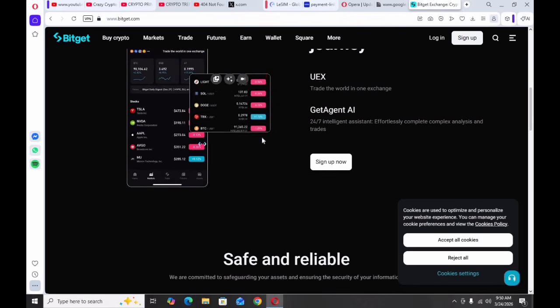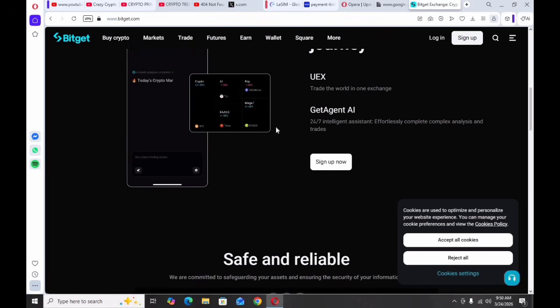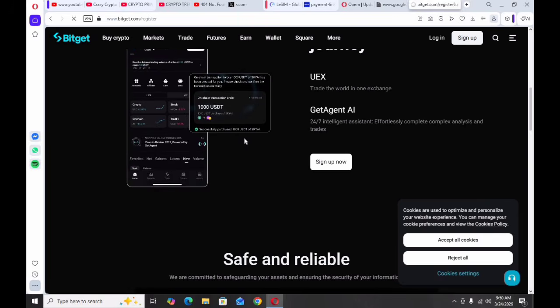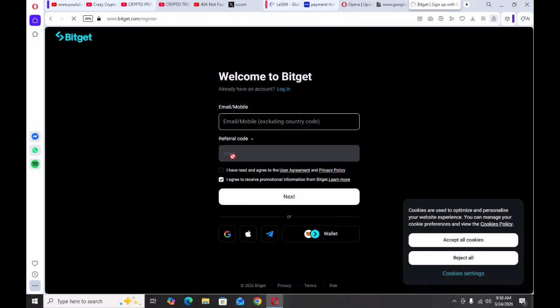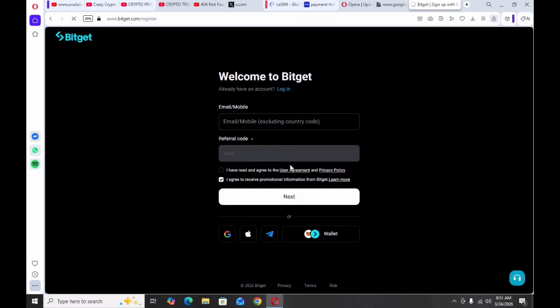Let's start with creating your account. First of all, go to the sign up option, and if you click on the sign up option, you can see the interface like that. Enter your email address here, and the referral code is optional; I will give it to you in the description. After that, click next and give your password here. After giving your password, you go through OTP verification from your email. After entering your OTP, you will get into the BitGet exchange. So we have our account in the exchange now, so we will tell you more about the platform.